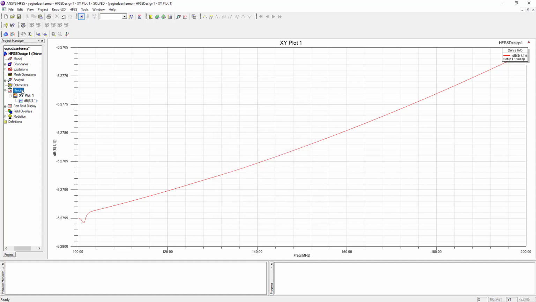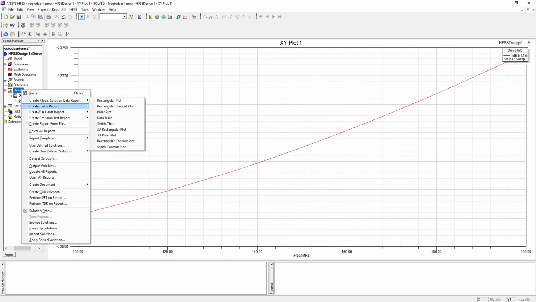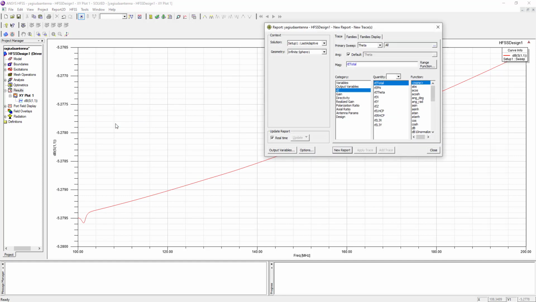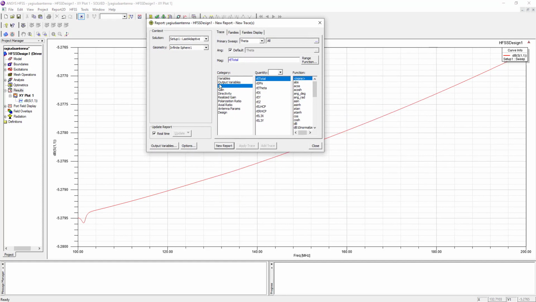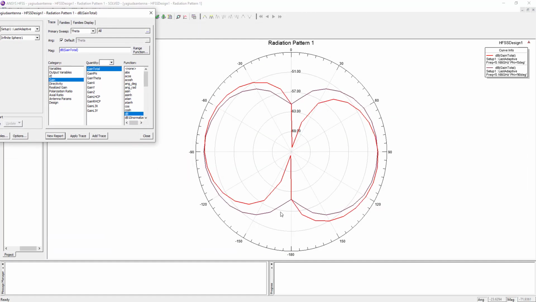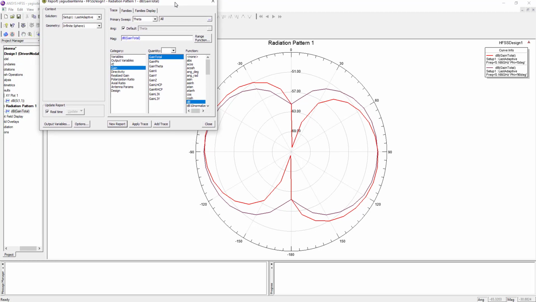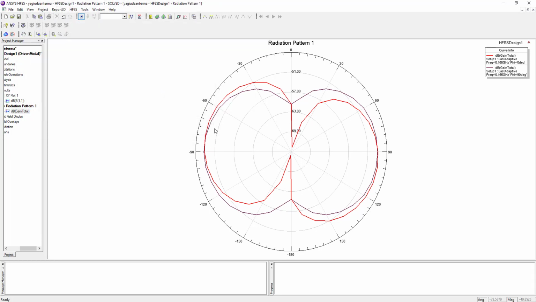Now again go to the results, then right click, then this option will appear. Now draw the radiation pattern. If we want to see the radiation pattern of the gain, then select function as dB, then click on new report. So this is the radiation pattern for my Yagi-Uda antenna, and click on close.